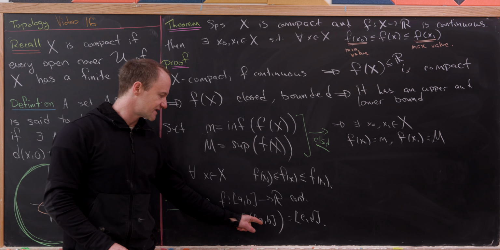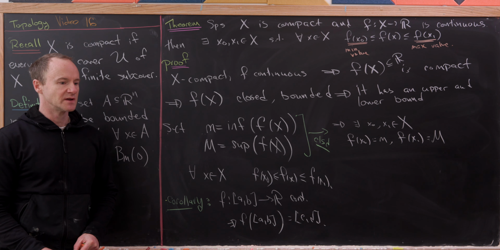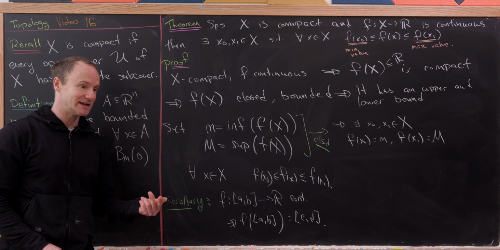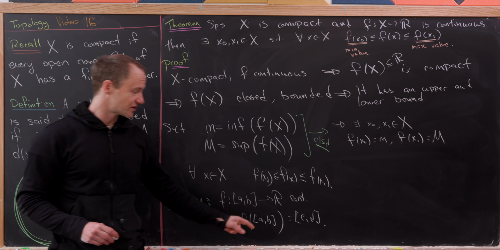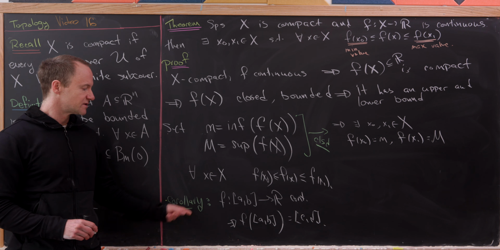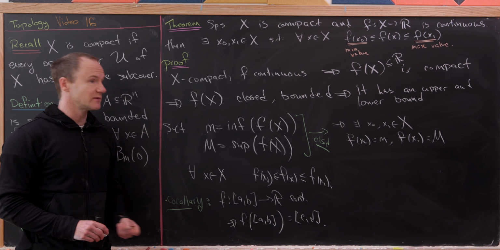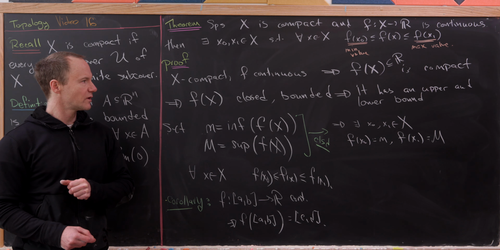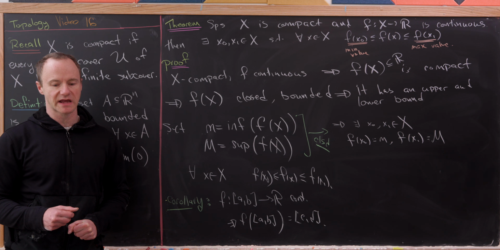But then since this interval is connected, that means its image is going to be connected. But then if you've got a set that's closed, bounded, and connected within the real line, you can prove, maybe via a nice exercise, that that set must be itself a closed interval. So anyway, that's how we get this result right here, which is in fact extremely close to the extreme value theorem that you learned in calculus. All right, so I want to finish this video off with a nice proof that the real numbers are uncountable